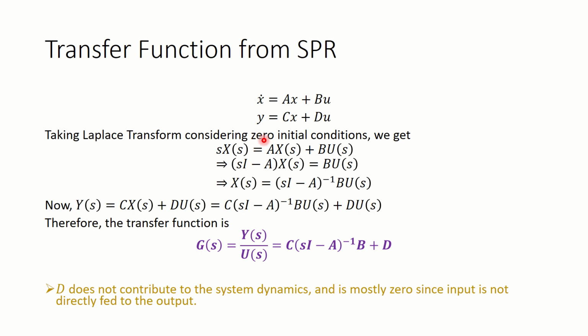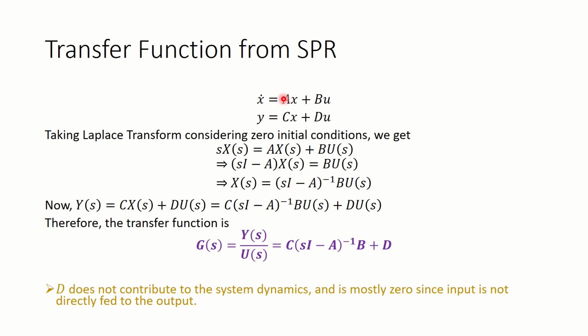Here what you see is that we start from the state space realization, which is in the general form A, B, C, D. A can be anything, B can be anything, C can be anything, D can be anything. They don't need to be in the particular structure as in the phase variable or the rectangular form. What I mean by anything is that the elements of A can have any values, and all those elements could have some non-zero value. Some of them can be 0, some of them can be 1, some of them can be something else. So it is entirely generic.